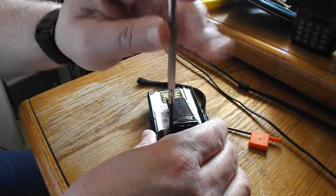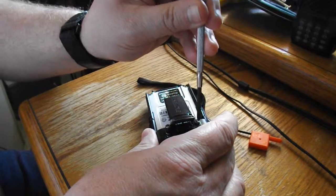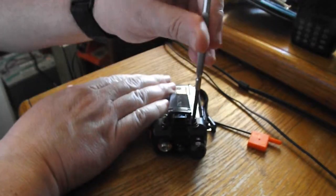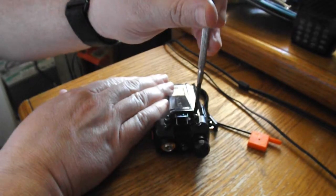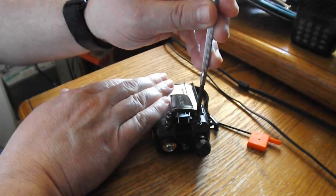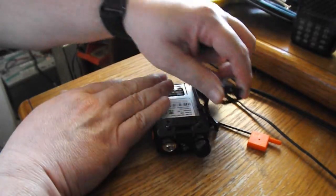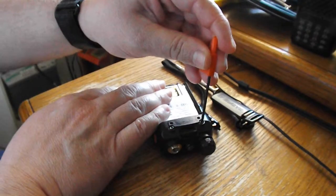about parts for the Baofeng UV5Rs. Most people consider these throwaway radios because of their price, and an inexpensive radio doesn't have to be a low quality radio, and I really like this radio. But I had a broken battery latch. Everything else on the radio is fine, and you could throw the thing out, or you could replace it, or